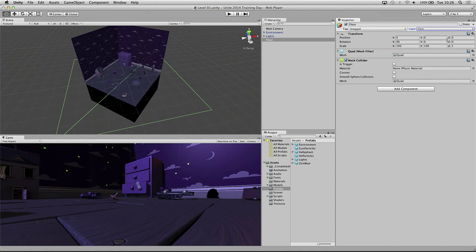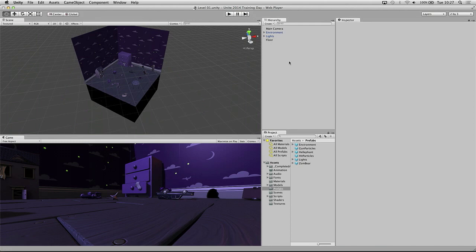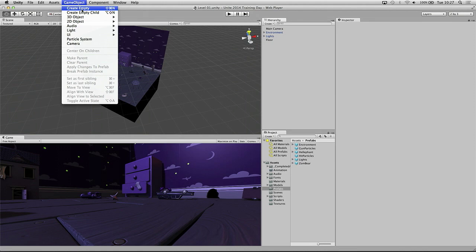Okay. The next thing we're going to do is to finish up our environment by adding some background music. So with sound sources in Unity, we can attach them to any object. It's a component that you use to apply a clip to or use scripting to assign clips to. We're going to have a separate game object just to keep things nicely organized.